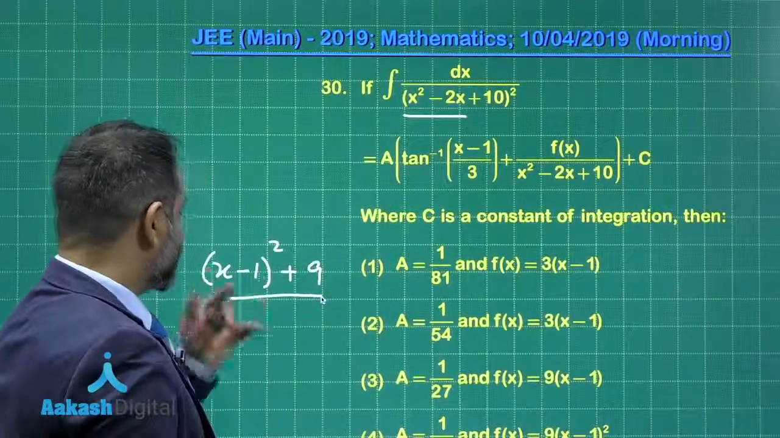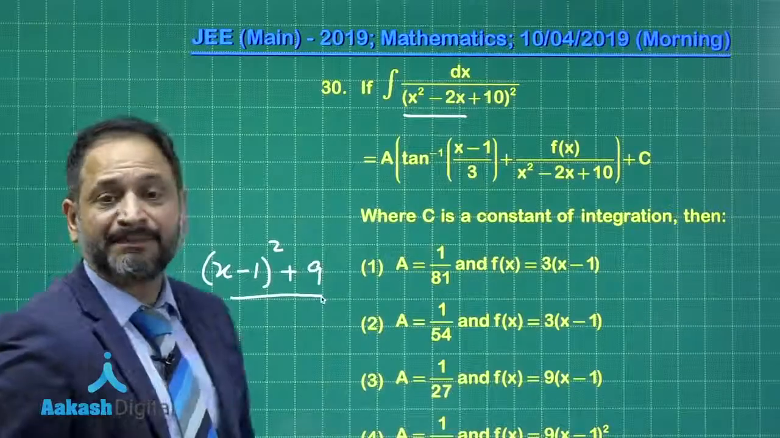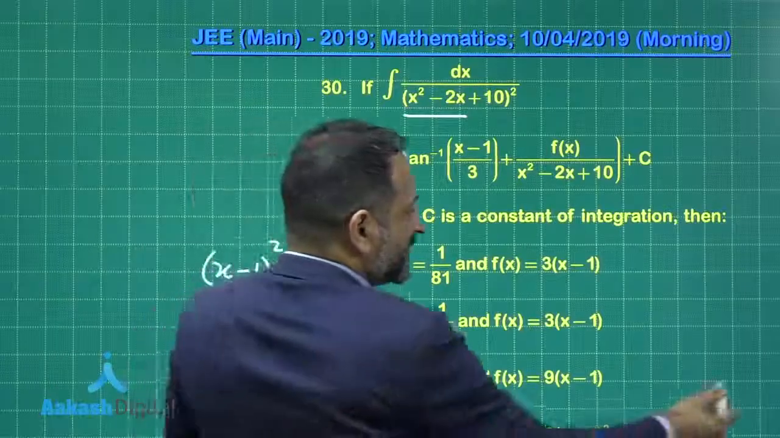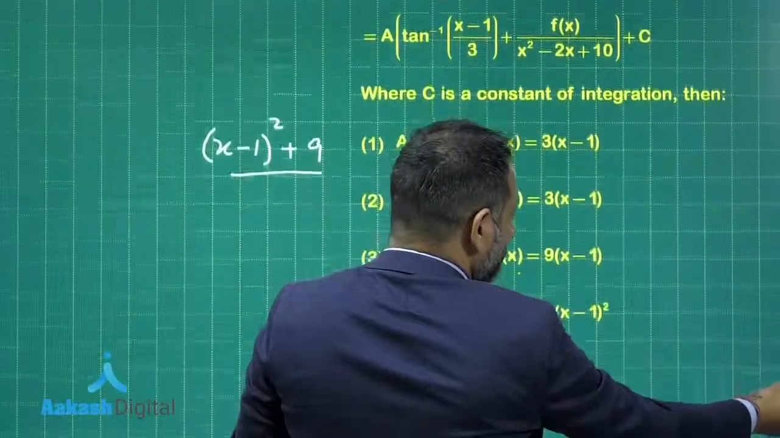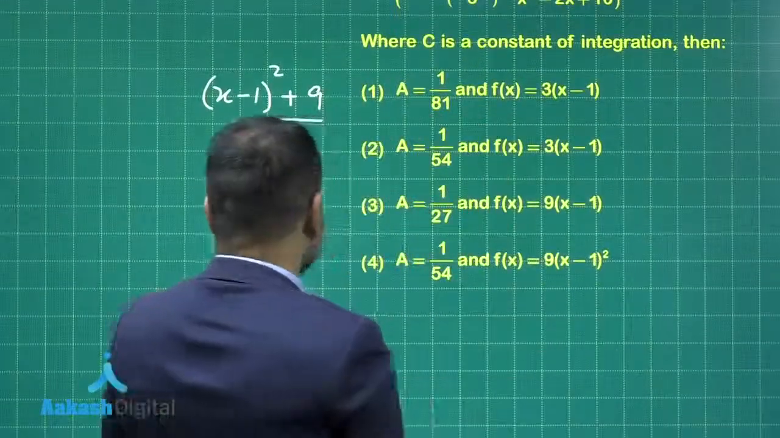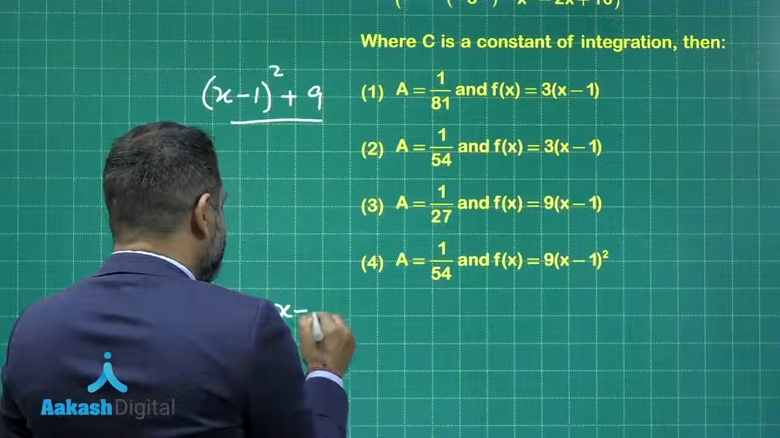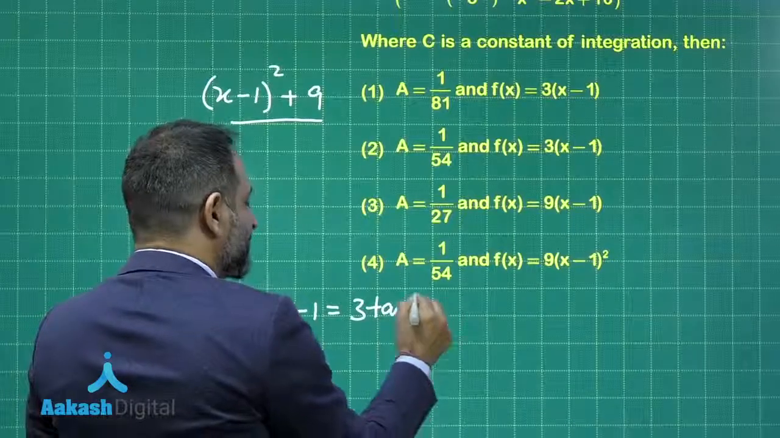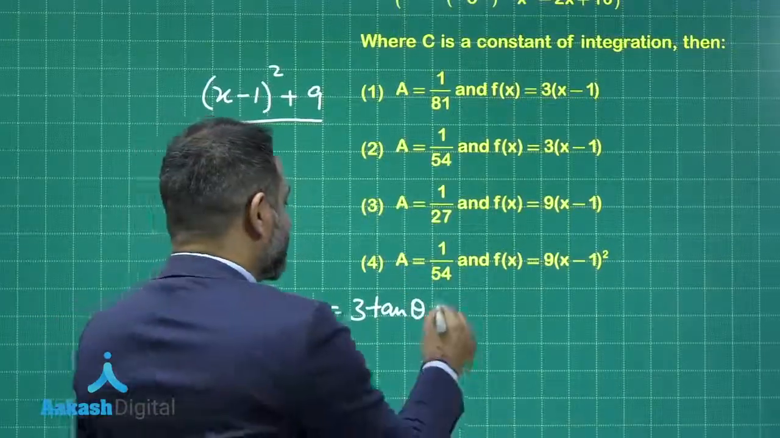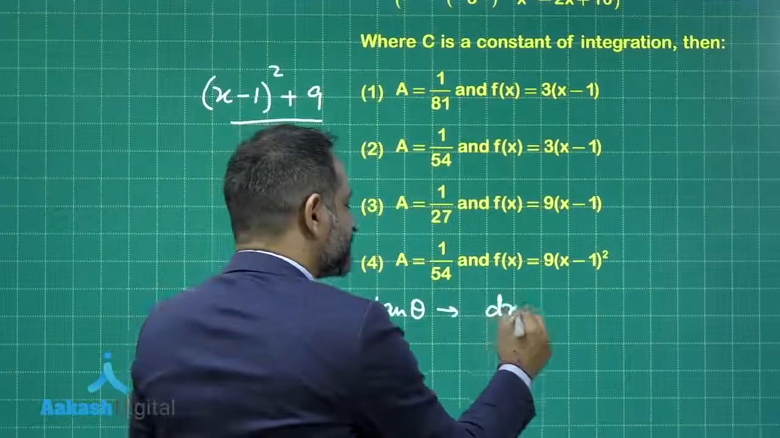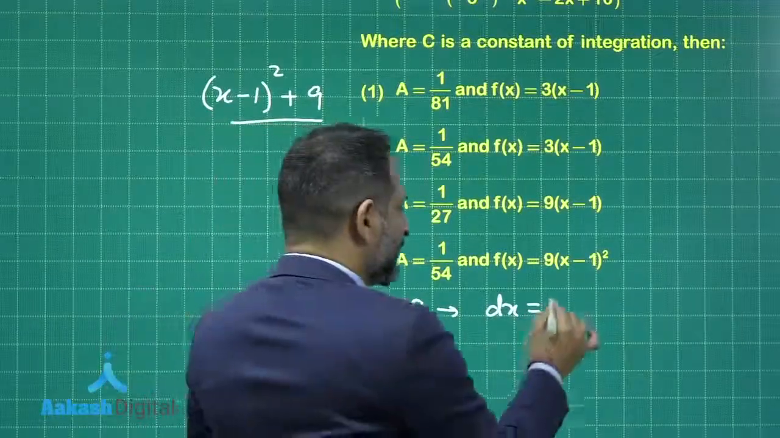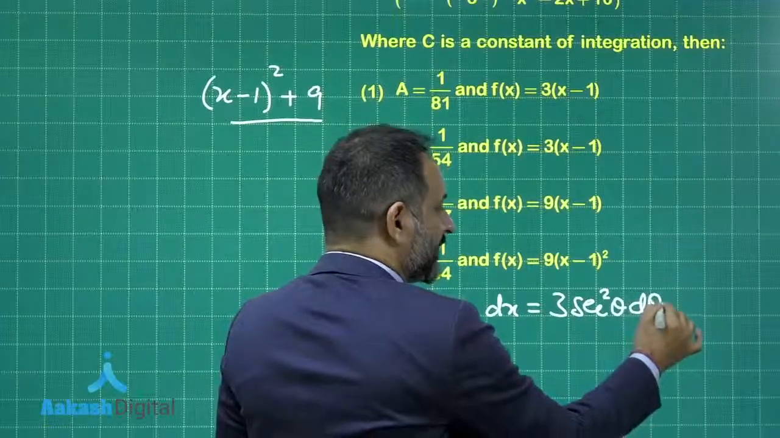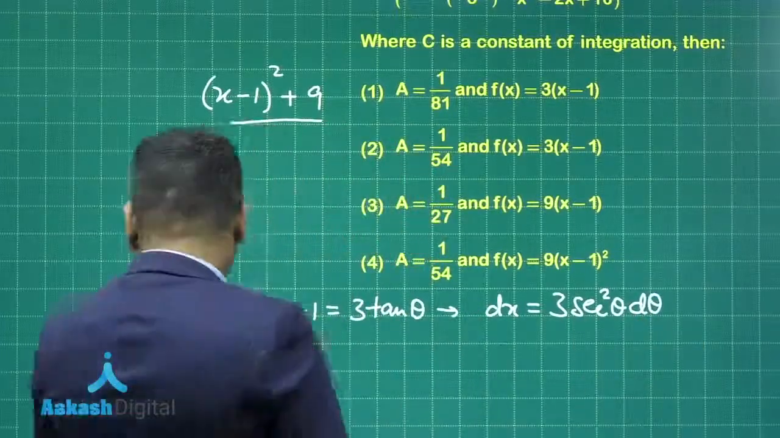So, what we will do, we will substitute x minus 1 is equal to 3 tan theta. So, that is going to decomplicate the things. So, x minus 1 is equal to 3 tan theta, that is the substitution, and from here you have dx is equal to 3 secant square theta d theta. So, the integral will now become